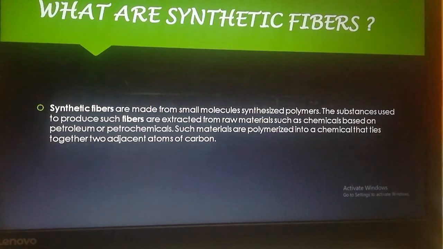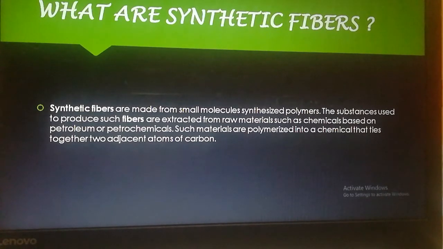Now, what is synthetic fiber? Scientists have produced some artificial fibers and plastics by applying the knowledge of chemistry on the basis of their origin. These artificial fibers are called synthetic fiber or man-made fiber. Let's understand the types of synthetic fibers and plastics, and how these are produced. So first we will discuss the synthetic fiber.